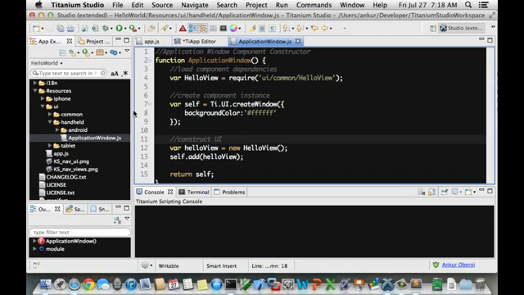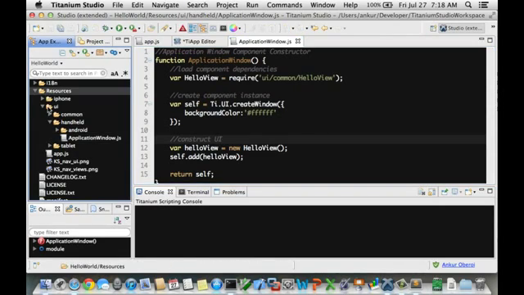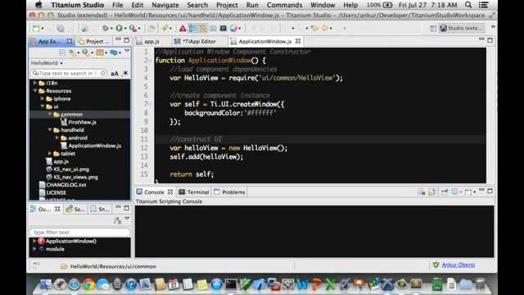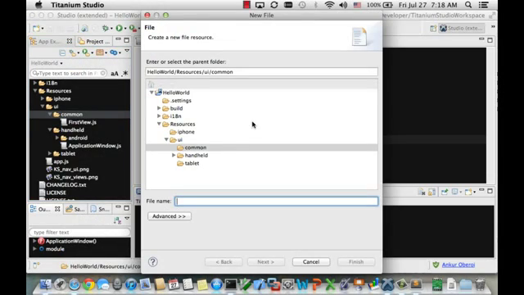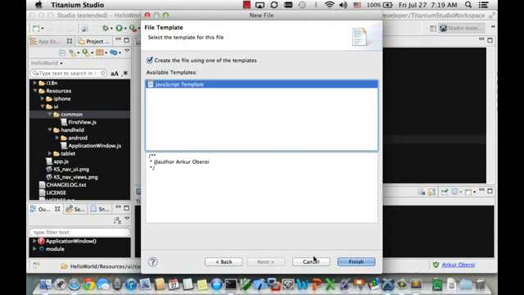Now we're going to go create the file for hello view. So in TI, the resources UI common directory, we're actually going to create a new file. So new file, give it a name hello view.js, hit next, hit finish,